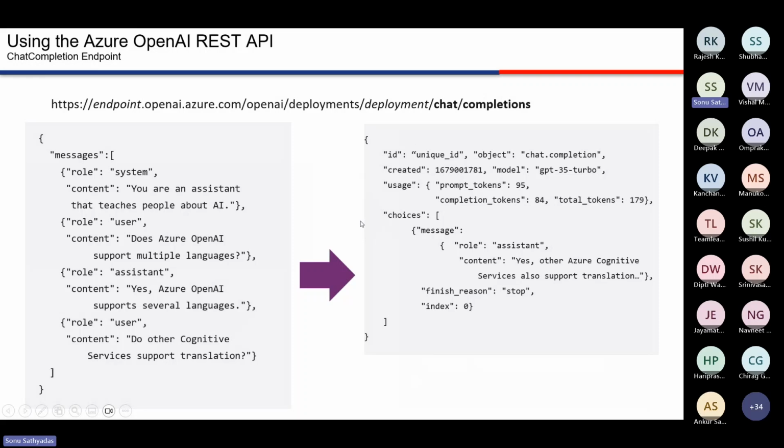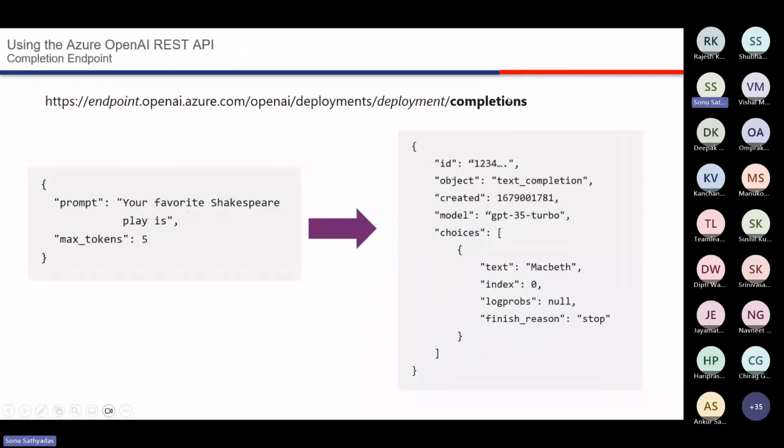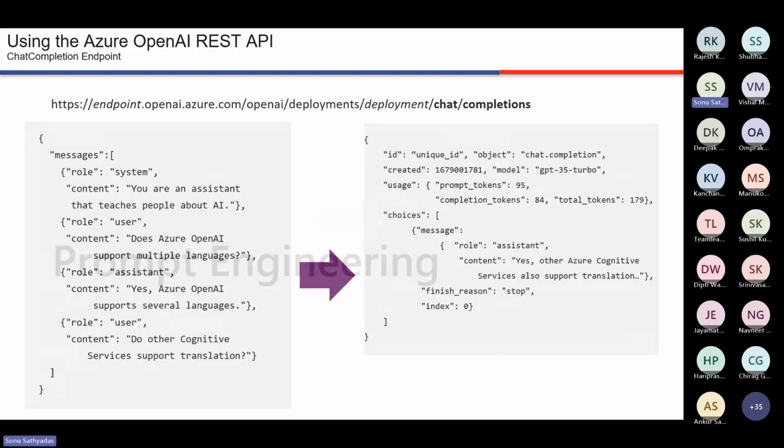And one of the most commonly used endpoints is the chat completions endpoint, which is now available with all the new models. So whether it is GPT 3.5 Turbo or GPT-4, you will be using this chat completions endpoint. So why is it called chat completions? If you see the completions endpoint, you are just providing a text. There is no formatting for that. But when it comes to chat completions,